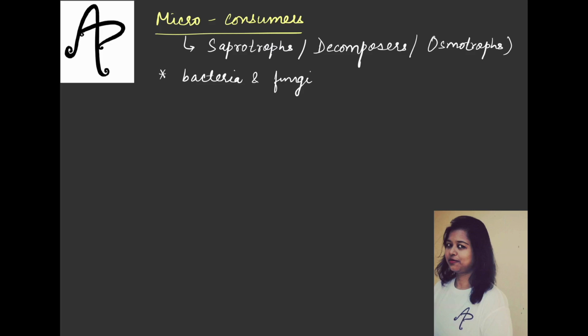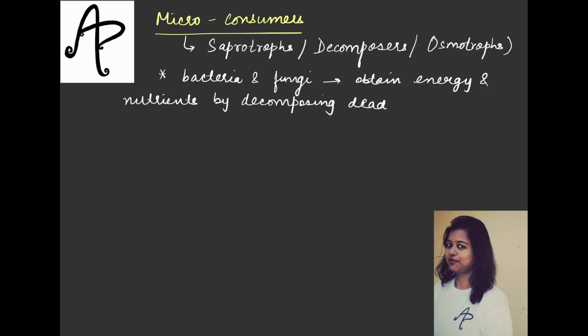So these micro consumers are organisms like bacteria and fungi, and they obtain energy and nutrients by decomposing the dead organic